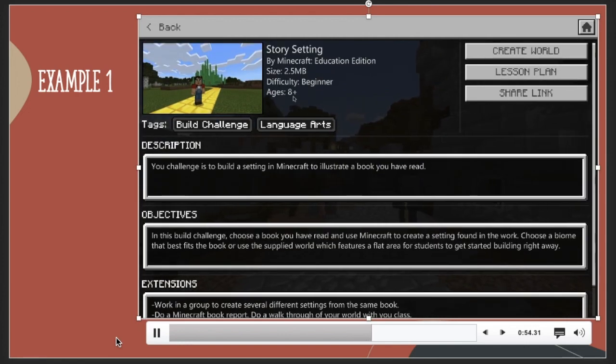Also, this is for ages 8 and up. Reading is essential at all grade levels. So students very young, 8-year-olds, are sometimes better than adults or older adolescent students at Minecraft. So this is an example of how any teacher can benefit from this, whether you are teaching exceptional students, whether you are teaching students with different disabilities, whether you're working with adolescent, college students, or elementary level students. This is a great resource to use.